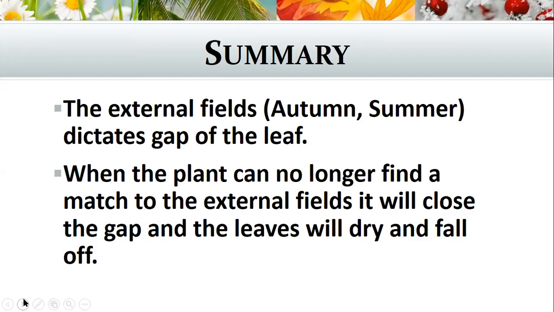And so you'll see all these leaves dropping off. So when the plant can no longer find a match to the external fields, it will just close this gap and the leaves will dry and fall off. And it's as simple as that, as the trees reacting to the environment around them.